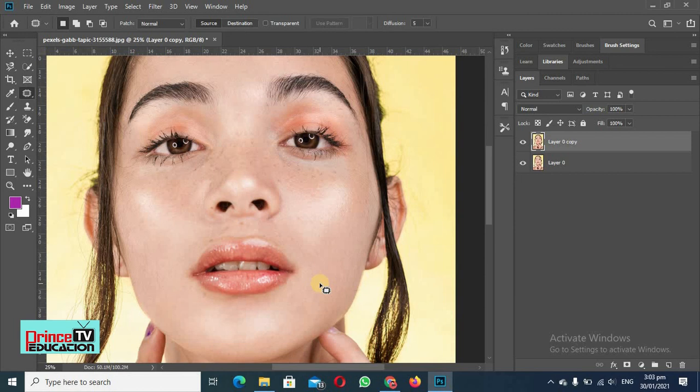This was all about the patch tool. You will explore it and you will work on it. If you feel any confusion, you can ask the question again, and